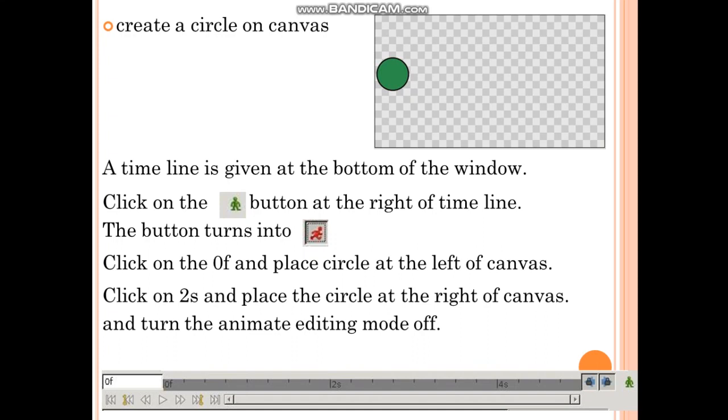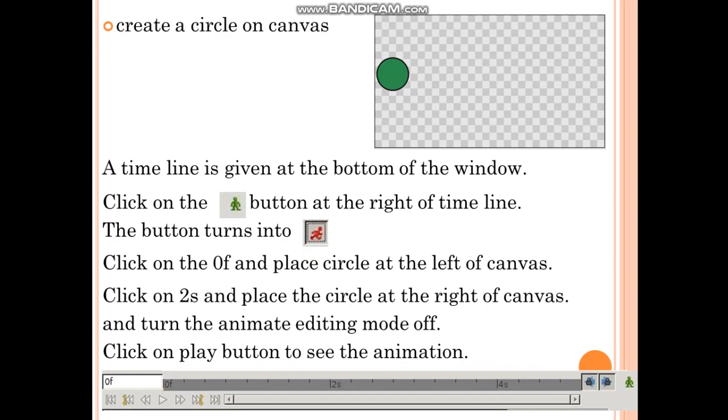So turn the animate editing mode off. So again when you click on this red button, it will become green. So whatever work you have done, that is recorded. Click on play button to see the animation effect. So it's very simple.